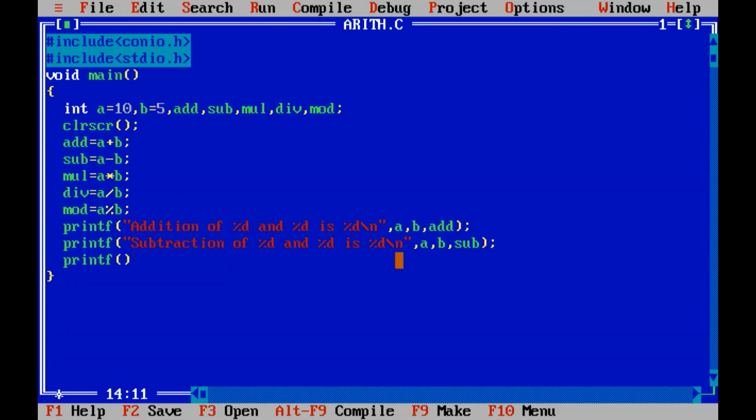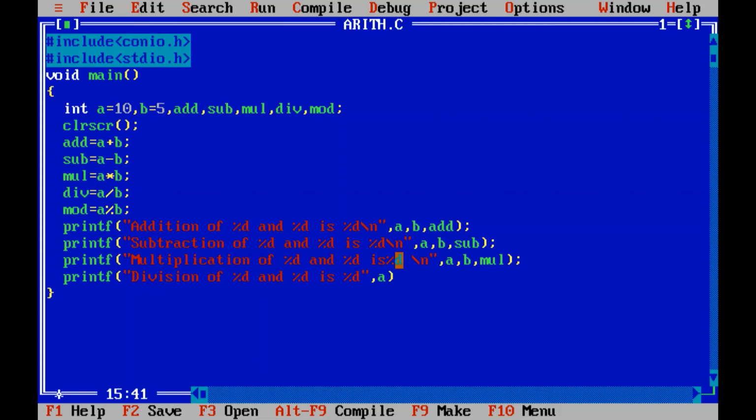Next, for the multiplication, %d and %d is %d slash n, a comma b comma mul. Then printf, finally we have division of a, that is %d and %d is %d.